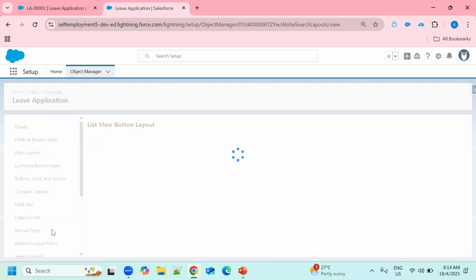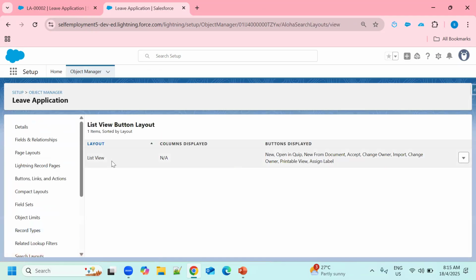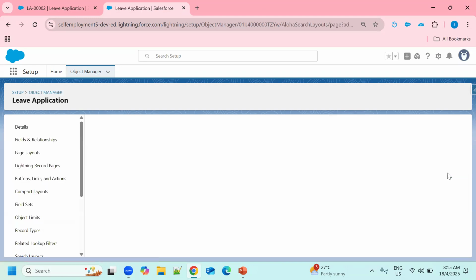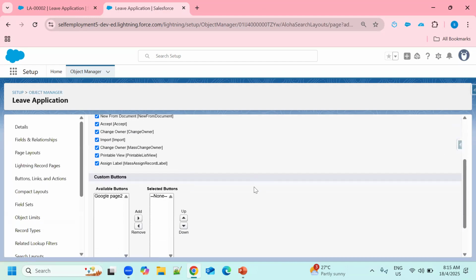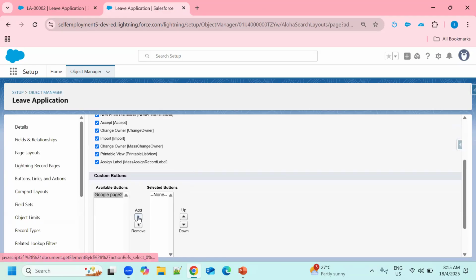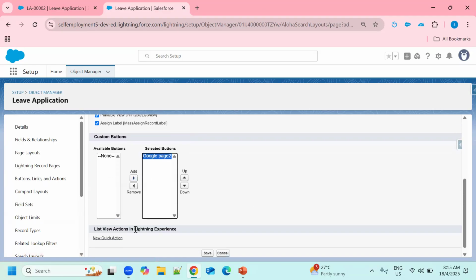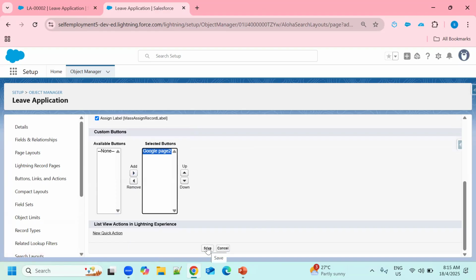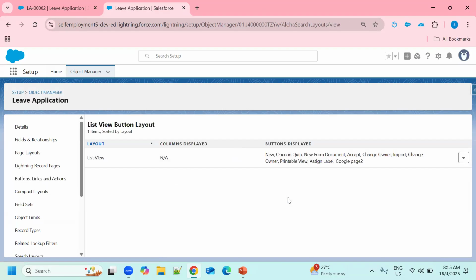So click here, list view is available here, click on this drop down, click on edit button, scroll down a little, and you will see our button is available here. So just add it and click on the save button, right? So our list button is created and we have added it into the layout.